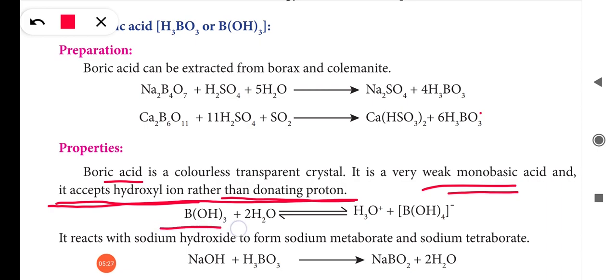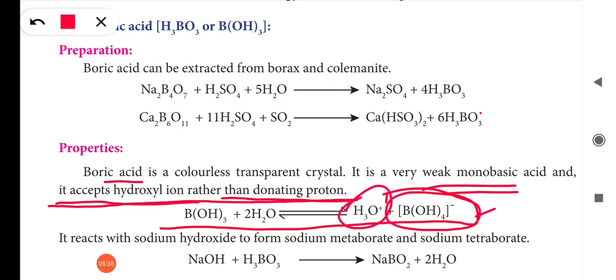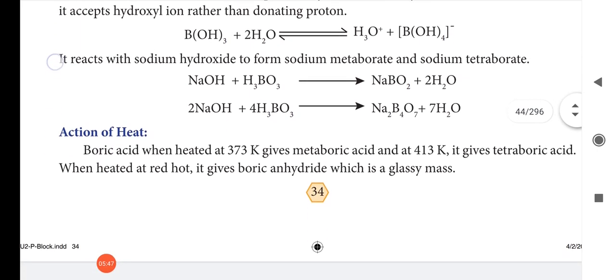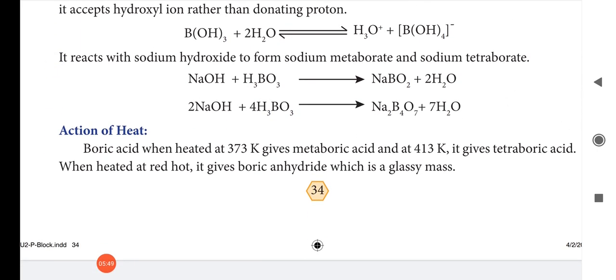See the equation. Here, by accepting hydroxyl ion, it will form this ion. H3O plus is called the hydronium ion. Then it reacts with sodium hydroxide to form sodium metaborate and sodium tetraborate. It reacts with sodium hydroxide as